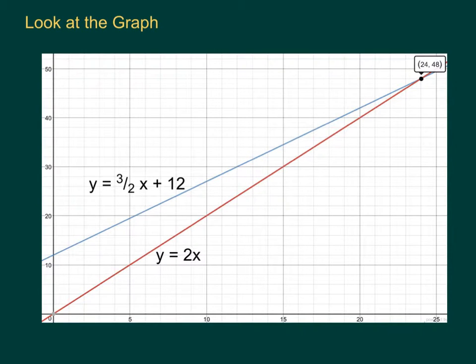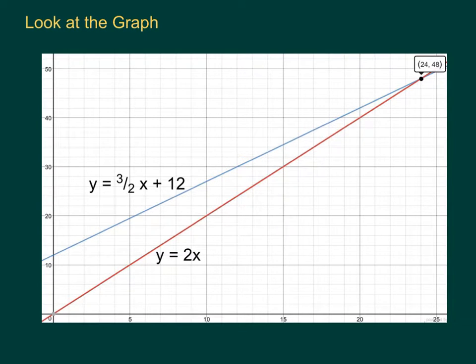Alright, so now if we look at the graph, I've used Desmos here to graph these two lines. You could graph them on your own coordinate grid paper or on graph paper or using something like Desmos or Calgebra. But I have my first line here, which is how much I'm making, y equals 2x, and the other line, y equals 3/2 x plus 12. You see these lines are getting closer together, and eventually they actually intersect right here at the point